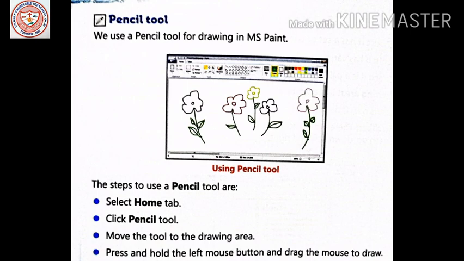Then press and hold the left mouse button and drag the mouse to draw. You can draw whatever you like. You can draw a flower, you can draw a house, anything you want with the help of a pencil tool. Okay.